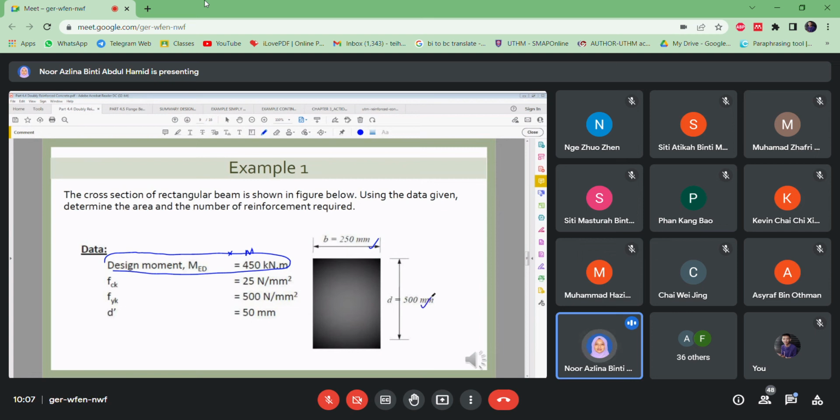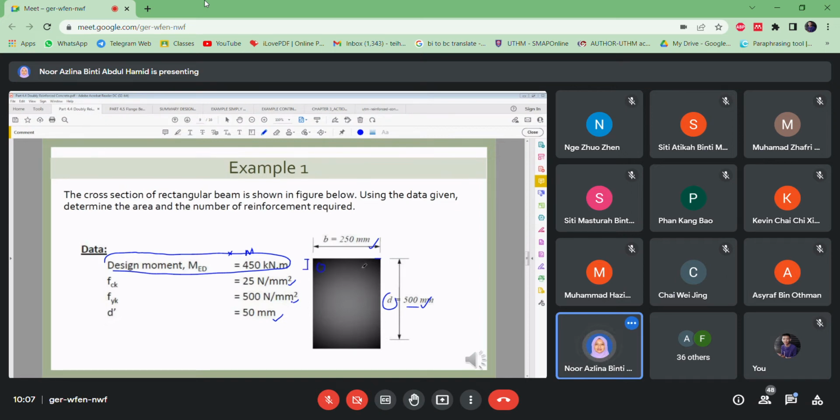The depth here is 500. D effective here is actually from the concrete surface to the reinforcement, but there's no reinforcement here, but it stated the effective depth here is 500. Alright, so FCK for the concrete, FYK for the steel, and then D prime, which is the location for the